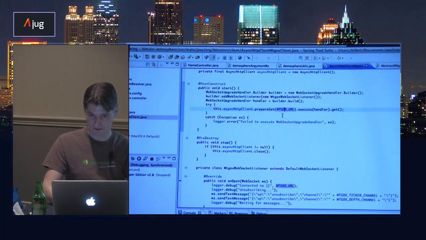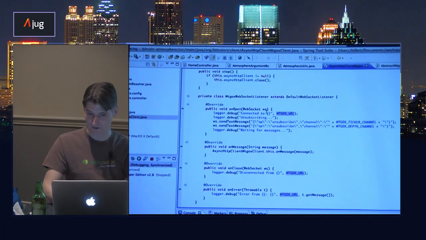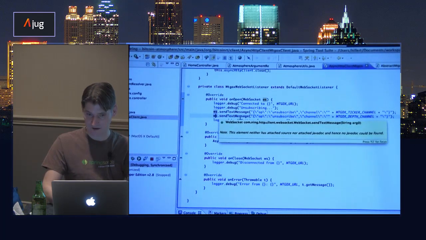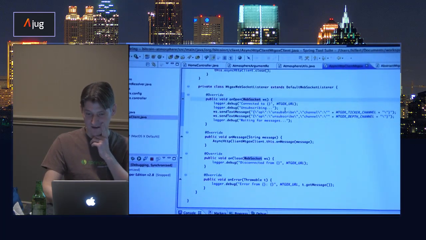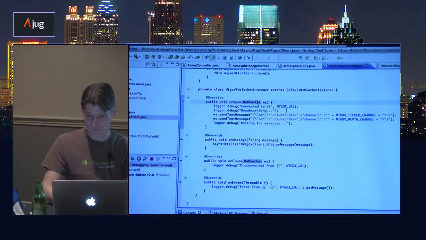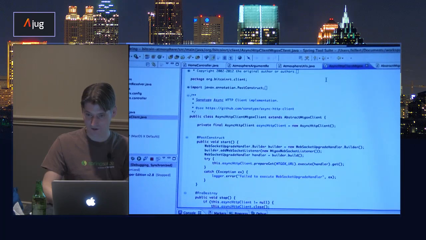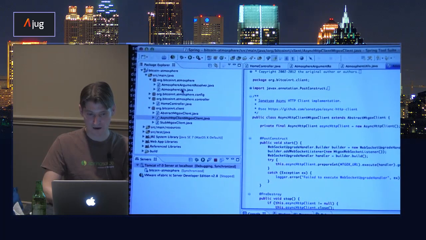We have various listeners: connected, unsubscribing, and then getting a handle on the WebSocket and sending messages. So take a look at those samples as well. And that's pretty much it.